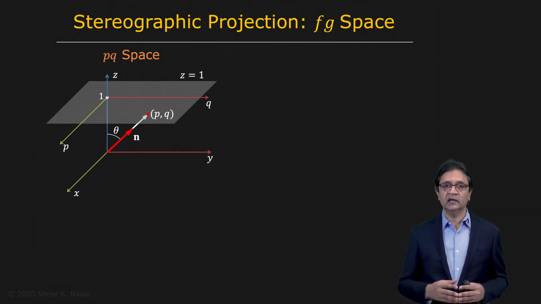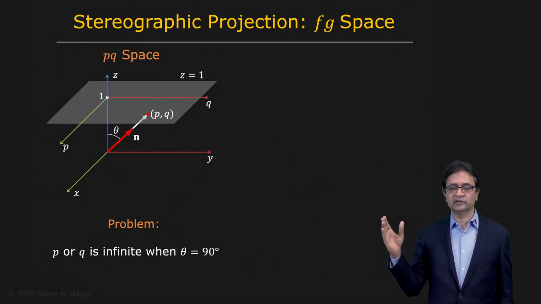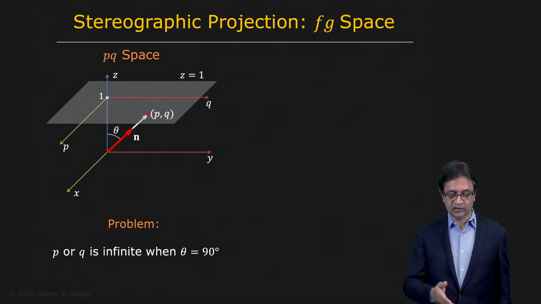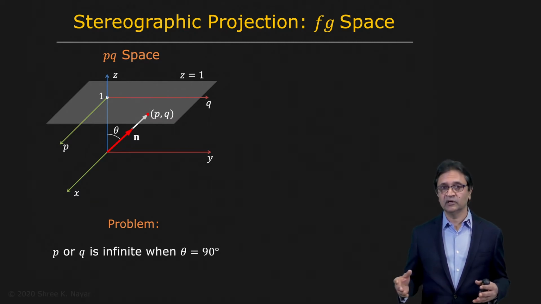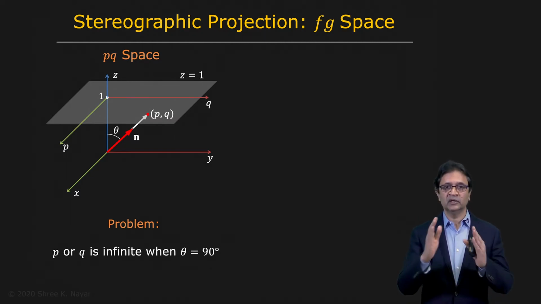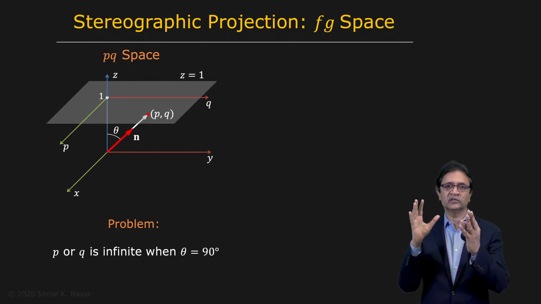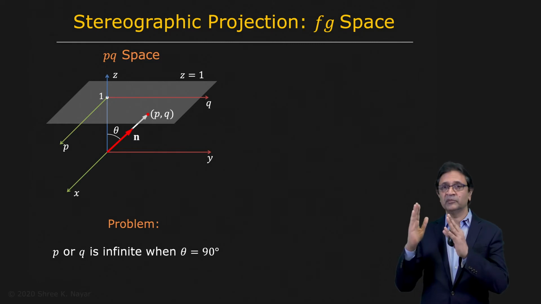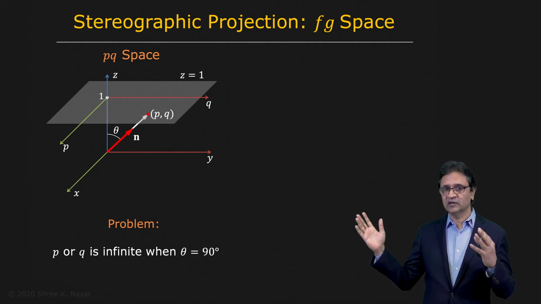But it turns out that it has one undesirable attribute, which is that when theta approaches 90 degrees, you can see from this diagram, P and Q can increase in value rapidly, and at 90 degrees, one or the other ends up going to infinity. That's a bit of a problem. If you start off with theta equal to 0, and theta starts increasing, P and Q values start increasing in a very reasonable way. But as theta increases more and more and approaches the grazing angle, P and Q values spin out of control.